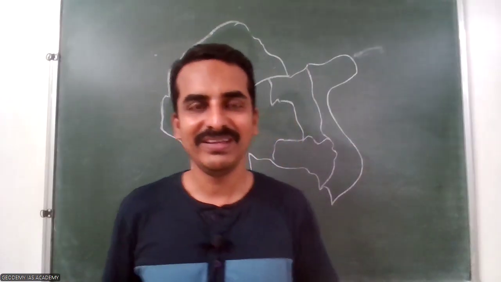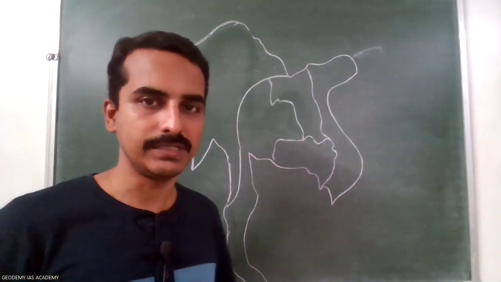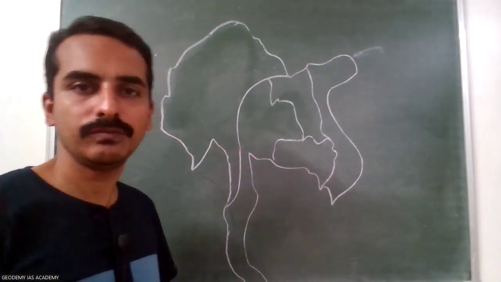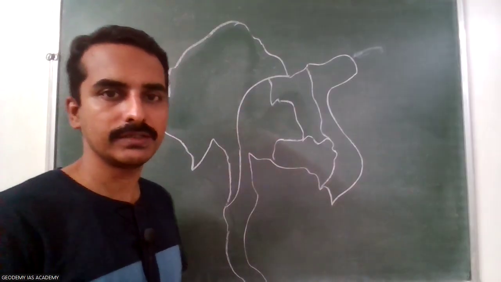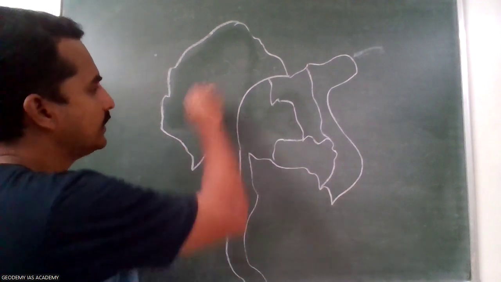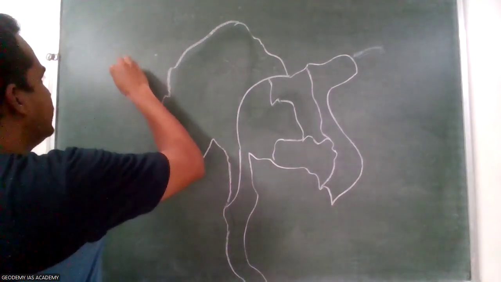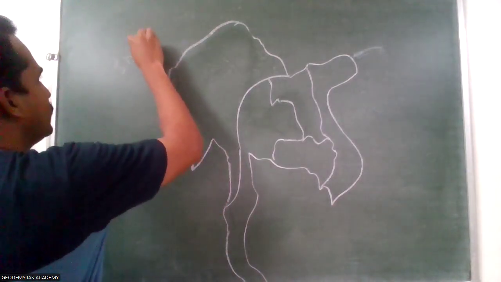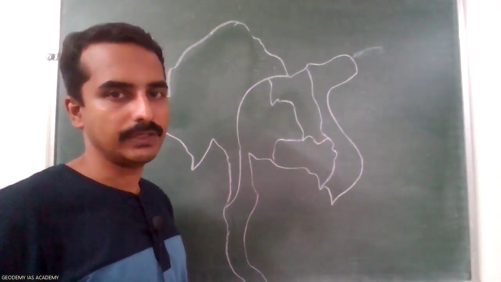Hello everyone. Today in the map reading class, we are going to discuss the part of Southeast Asia, particularly the Indo-Sino Peninsula. Okay. So as usual, first let us see the surrounding regions of this part. Here it has many countries in this region, and here it is India in the western part. So actually, this is called the Indo-Sino Peninsula.